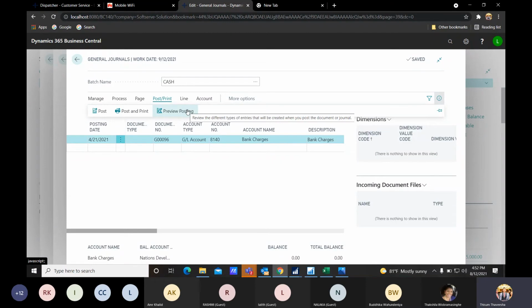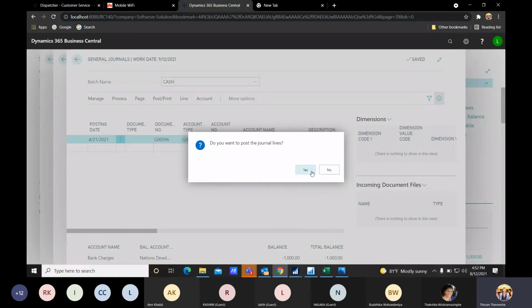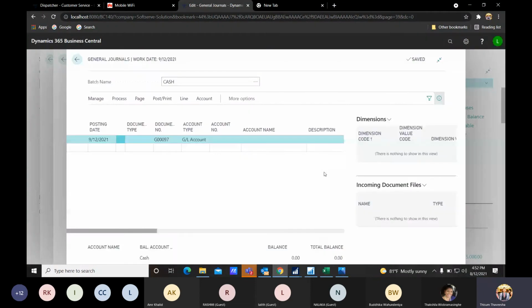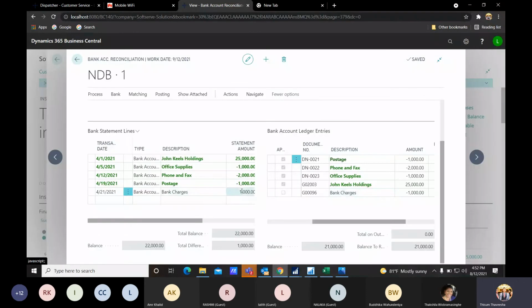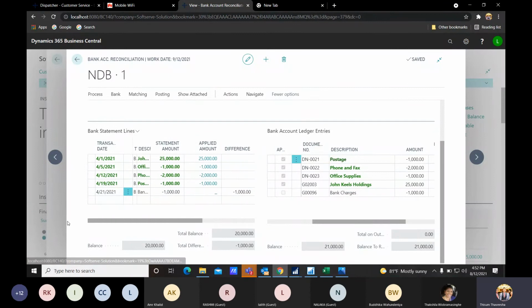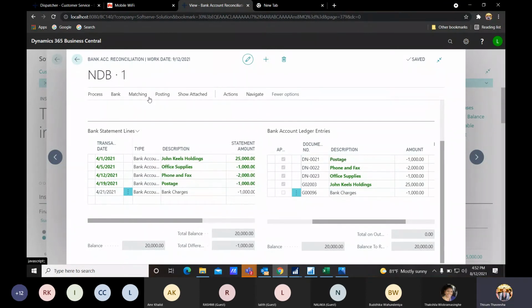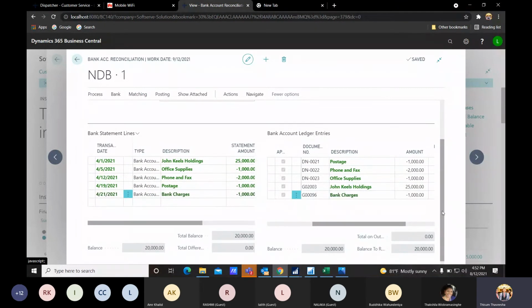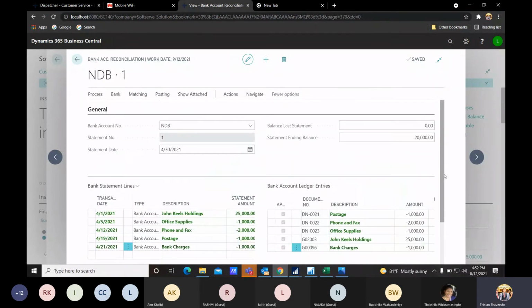Pretty much the look and feel is the same as the payment journal and the cash receipt journal, as I showed you earlier. The look and feel is very much the same. So now we can do the posting. Once we do the posting, this is automatically updated, right? Once this is updated, here we have this option to match this relevant entry also. Once this is matched manually, yes, now we have the ability of posting our bank reconciliation, right?